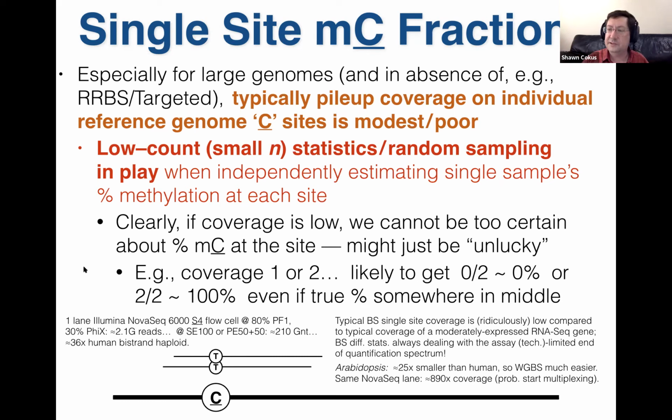you want to run lots of samples to compare and so on, and that 36x coverage from a relatively expensive lane, that's a many $1,000s run there. That's not a lot of samples to very high def. Even at one sample, there are some views in which you would say 36x coverage is not even really high def, even before you multiplex, if you're going to multiplex. But with the Arabidopsis, that same setup gives you 890x coverage, and now for sure you're multiplexing and so on, because that's